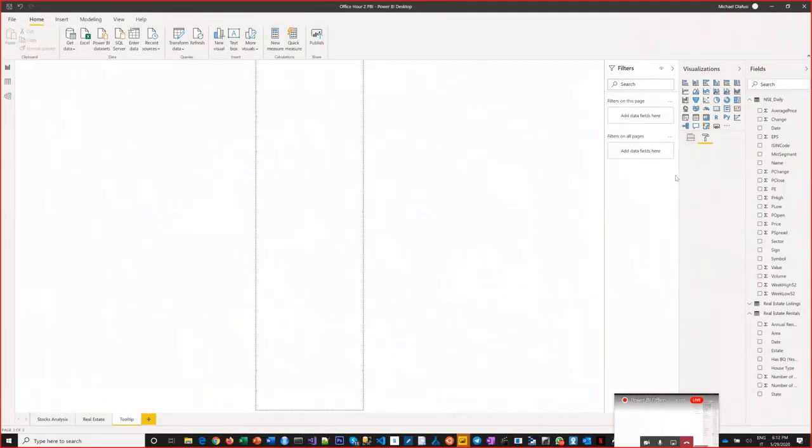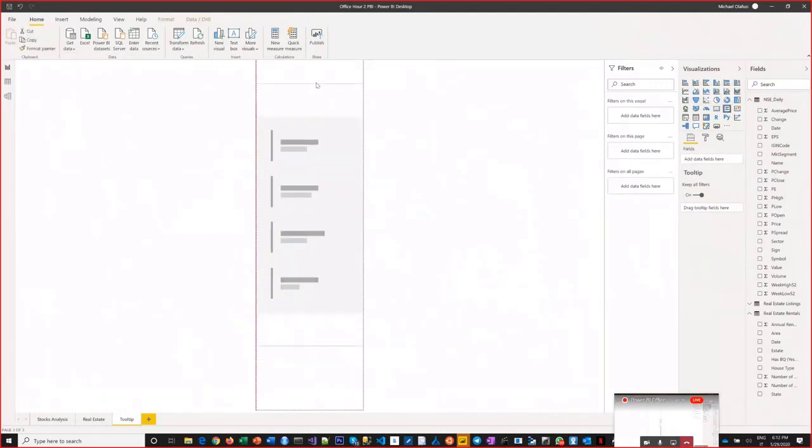And the only extra thing is I turned on tooltip here. Okay, so once you turn on tooltip, now what do I want to show in here? I want to put a card, a multi-row card. This multi-row card that I'm putting in here, I want it to always show the name of the